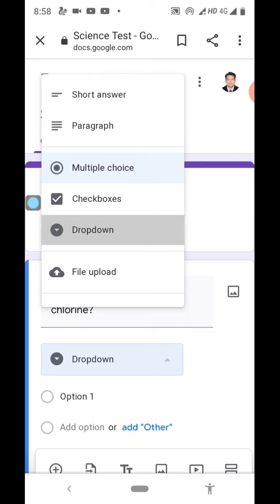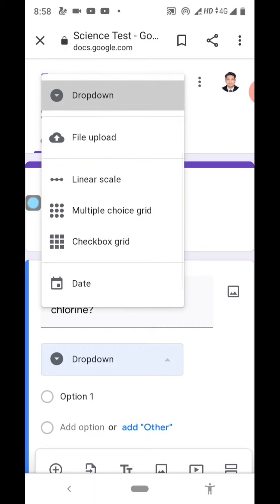The first option is short answer type question, or paragraph question, or multiple choice question, or check boxes, drop down, file upload. This is a very interesting option which is given by Google Forms. File upload: you can ask your students to upload a file, and you can specify the file types also.